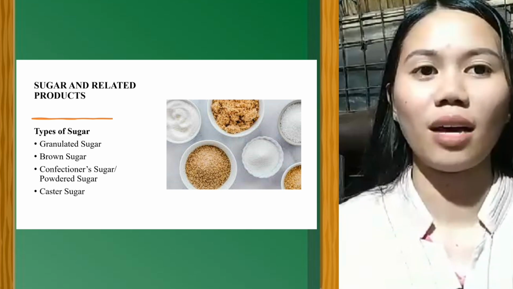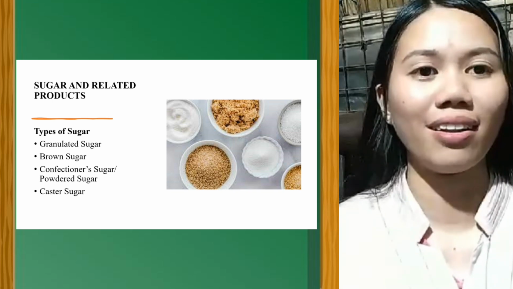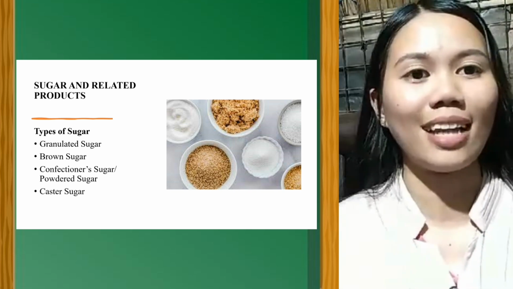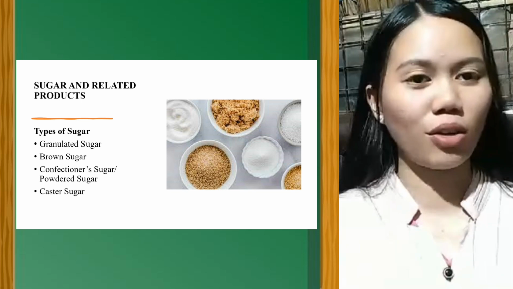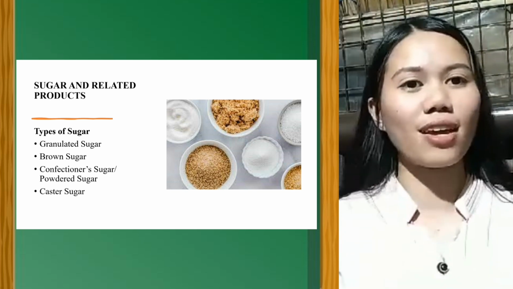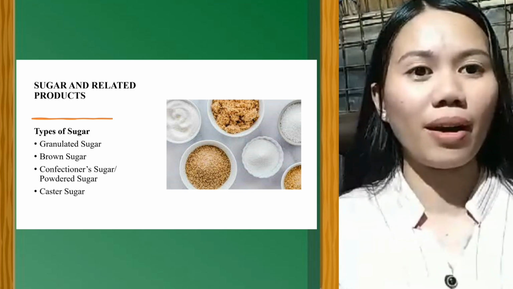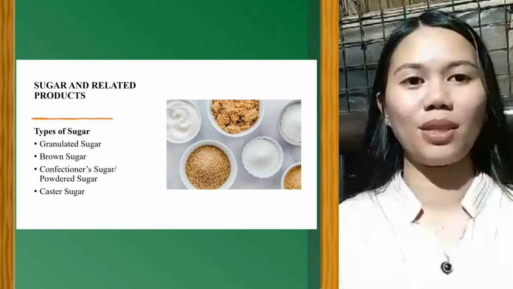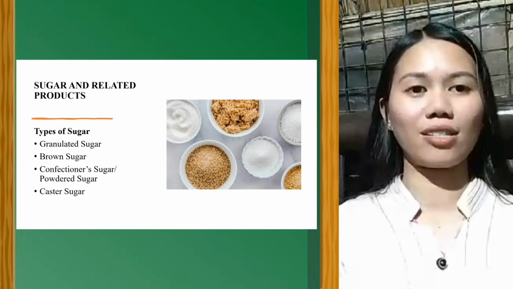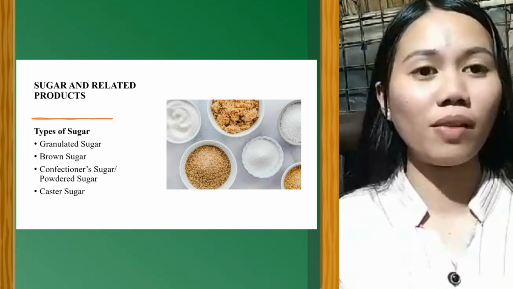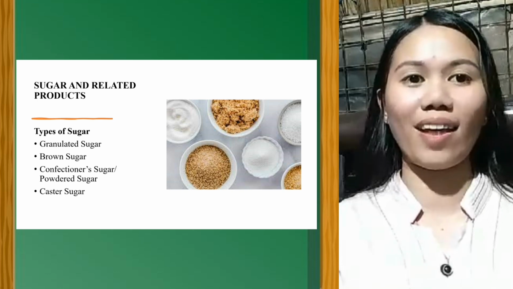And kapag naman sinabing brown sugar, we are all familiar with this kasi nakikita natin ito mostly sa ating mga kitchen or sa paggagawa ng mga coffee or sa iba-iba pang mga kakanin na ginagamit ng mga brown sugar, and also the caster sugar that we are familiar na ginagamit siya sa paggawa ng